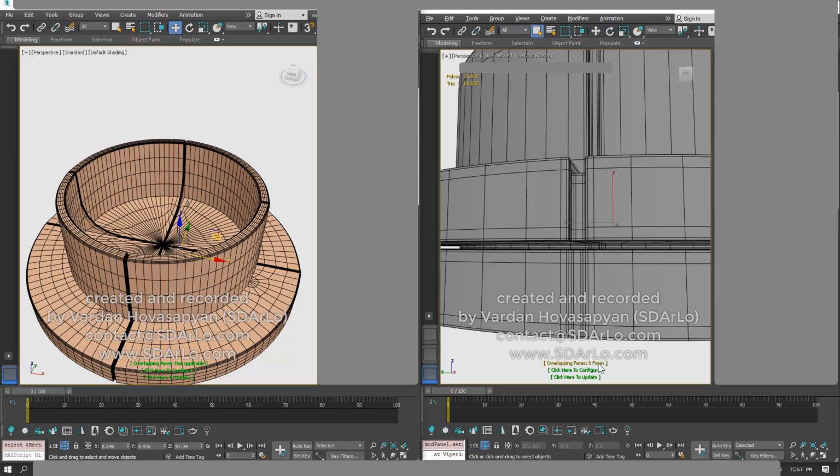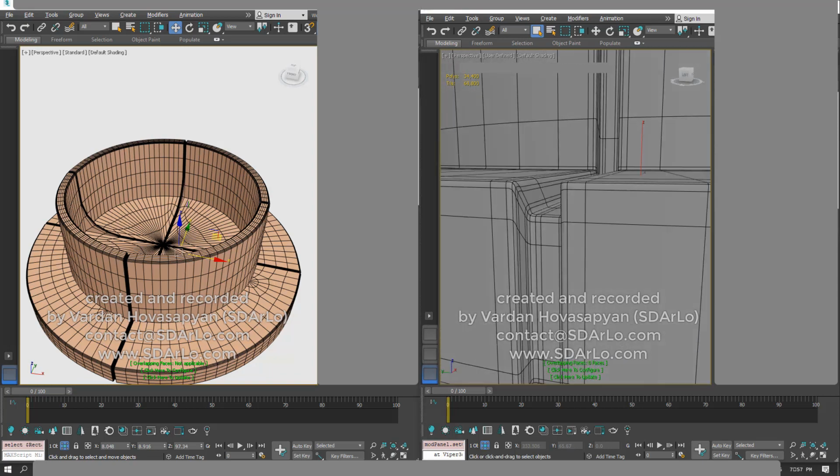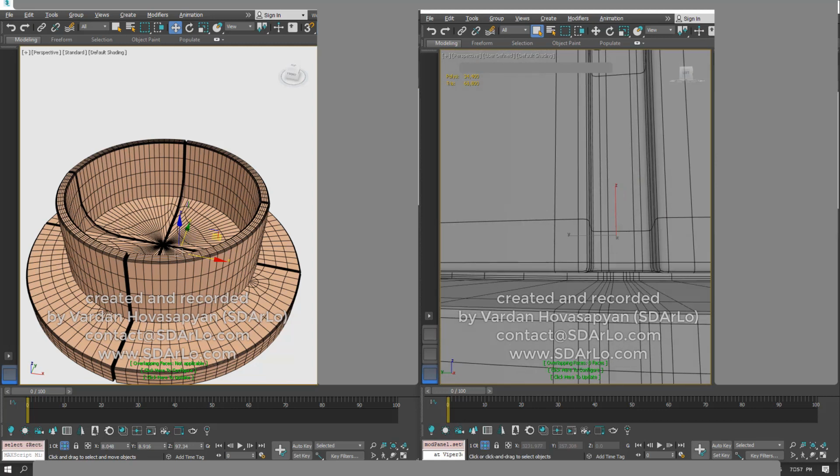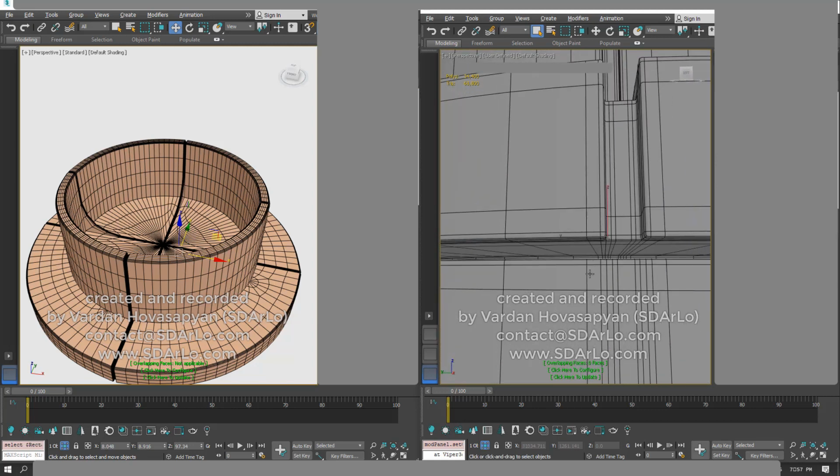Okay, zero face overlap. So I demonstrated that it's a perfect design. There's no overlapping, there's no unpredictable